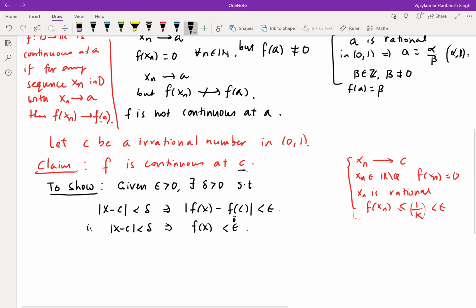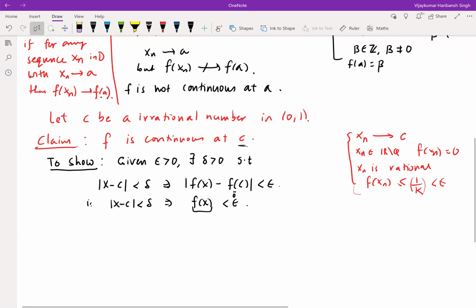So what we want is that whatever the output of f of x is, it's going to be less than epsilon. So we want to control the output of f of x in a way that it's always less than epsilon. So we'll appeal to the Archimedean property and make sure that the f of x output does not exceed a certain k. Okay, so given epsilon greater than 0,